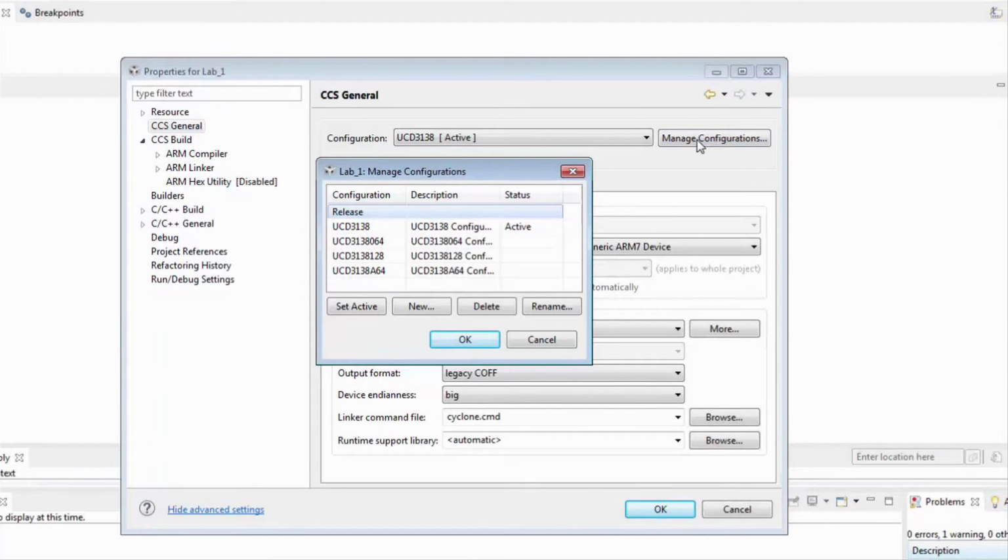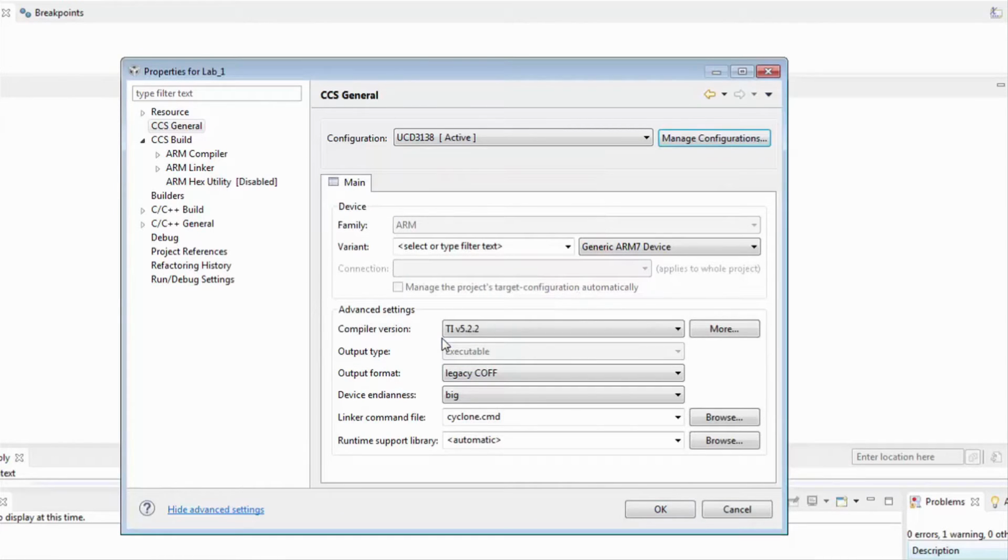To make a particular device active, select Set Active in the Status column. For example, if we want to make the UCD3138128 active, left-click and then click Set Active. In this demo, we want to build our project to be downloaded to the UCD3138, so make the UCD3138 the active configuration. Click OK to exit the Properties window.